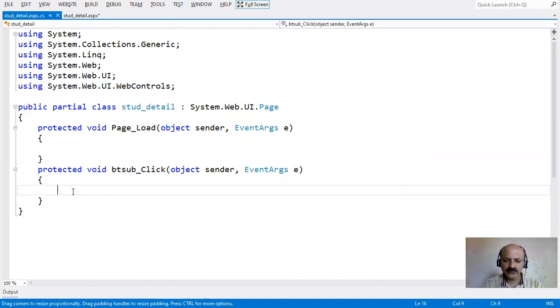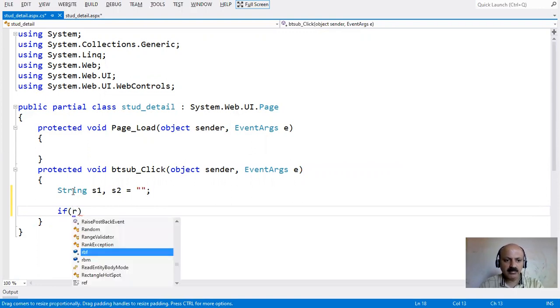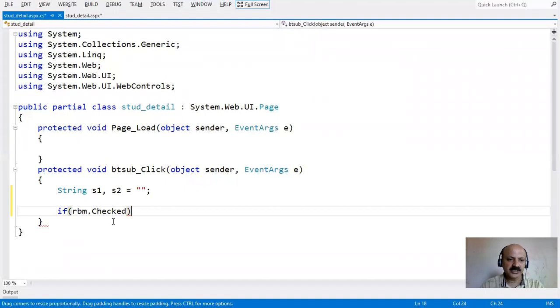So here we first take two string variables, s1 and s2, to take the value of the radio button and checkbox. We can use a simple if else condition. So here rbm.Checked. Here you can see the tooltip that it is a bool value, so we can use it directly in the if condition.